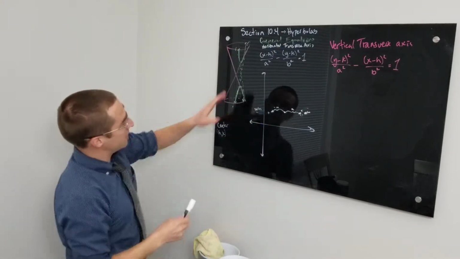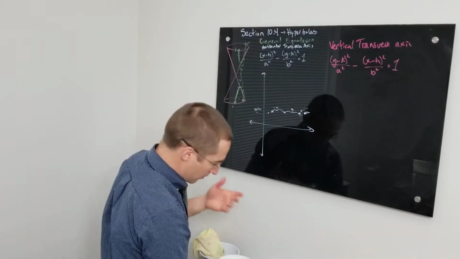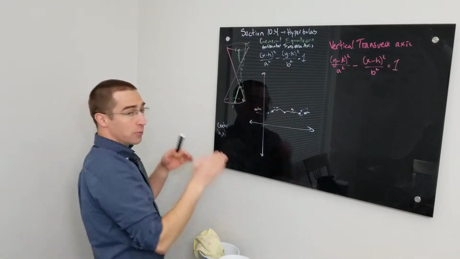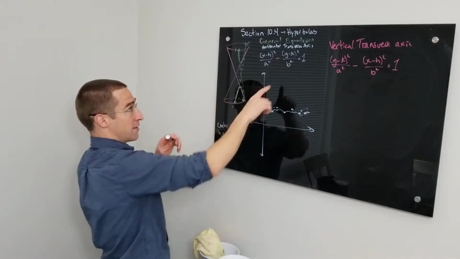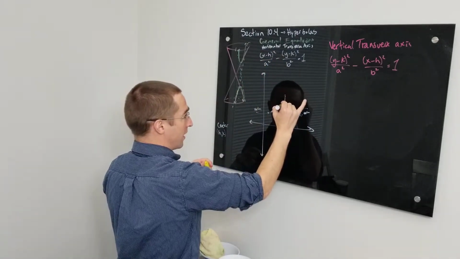Now, remember how I said that we've got these asymptotes that it follows? In order to find those asymptotes, what we do is we use this b value, and we go, for a horizontal transverse axis, the b is under the y, so we're going to go up or down b. So in this case,